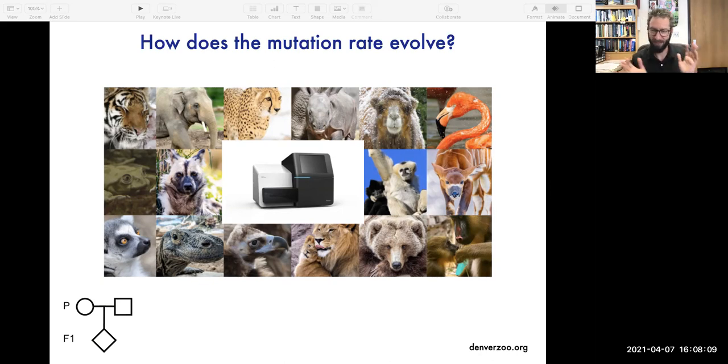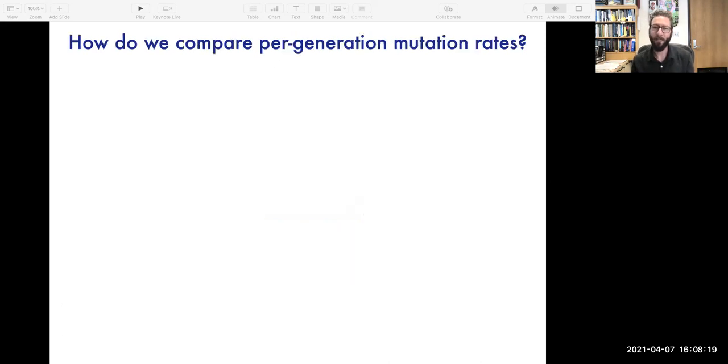So that seems like an easy task. We have lots of sequencing power. It's relatively easy to get a single trio of most organisms out in the wild. The problem becomes, when we have those data, how do we start to compare different species? Right? So we now have a per generation mutation rate, the number of mutations that were inherited by an offspring per base, controlling for the genome size, for all of these different species. But